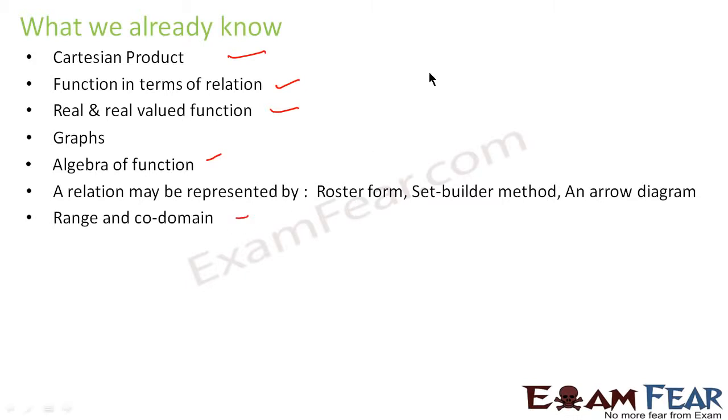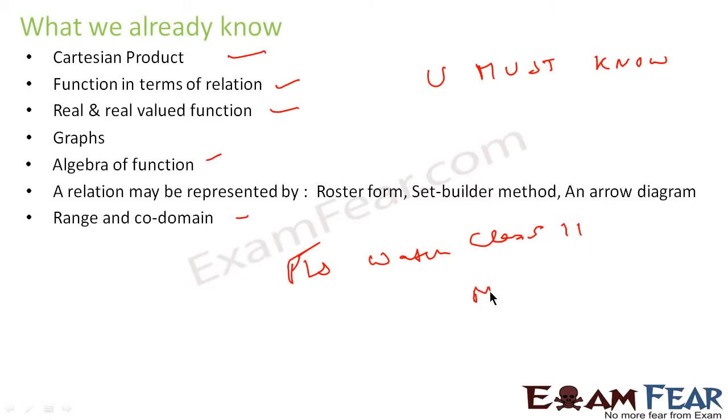All these things you must know. If you don't know, please watch Exam Fear class 11 maths. Once you are done with this and you know the Cartesian product, functions in terms of relations, graphs, algebra of functions and range, we'll proceed to the